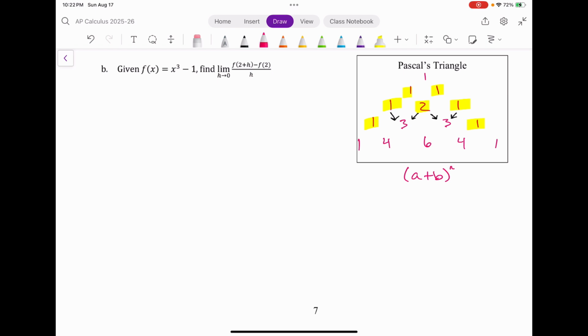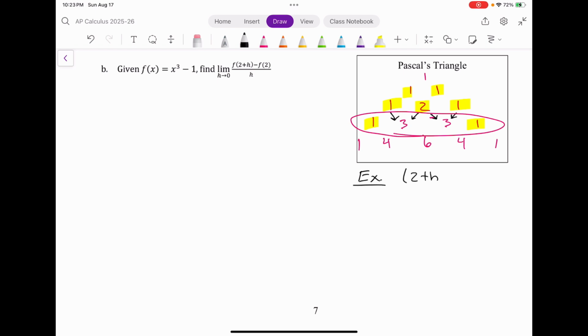So if you're having a plus b to the third power, this would be the row you would look at for the coefficients, because the first row is to the 0th power, and then the first, second, third. So let's do an example of using Pascal's triangle to expand a binomial. So let's say we have